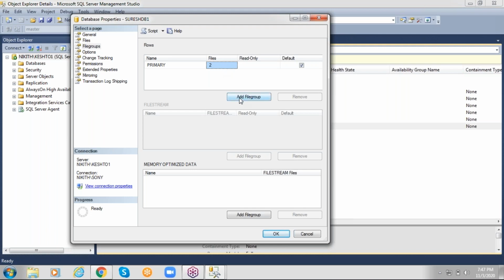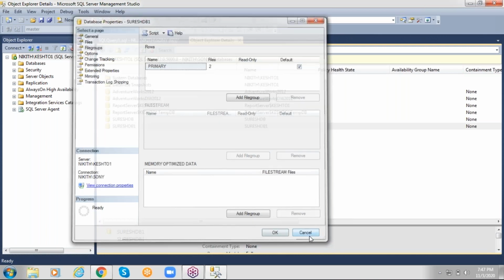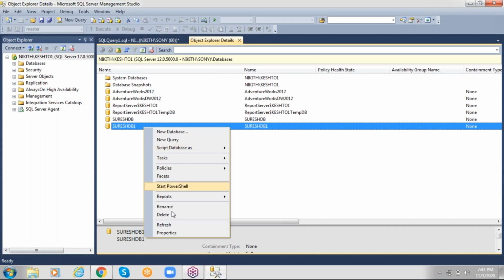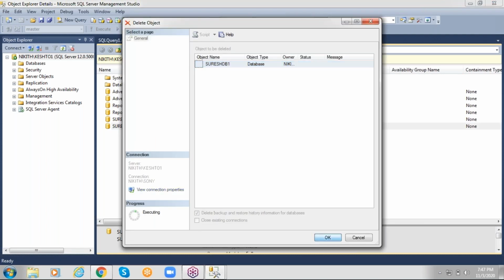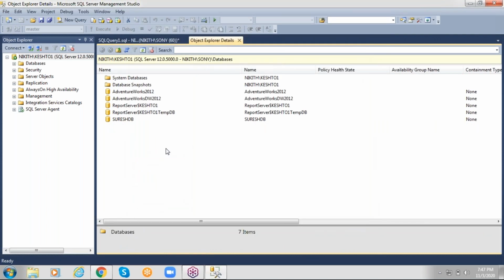If you want to create a new file group, click on add file group and provide a name, or if you want to remove a file group, you can remove it. That is also available. This is the way we create new databases. If you want to delete a database, right click on the database and delete.